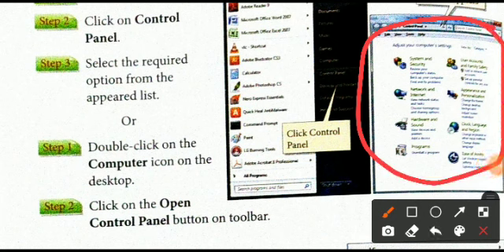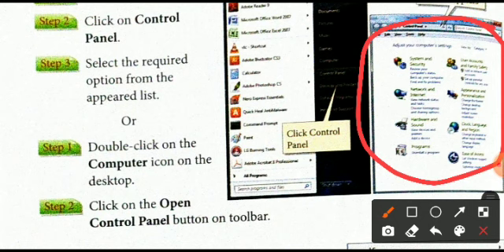These are the main options available in your control panel. So from here you can change your system security related options, networking options, hardware and sound related programs, language, region, appearance and personalization options.